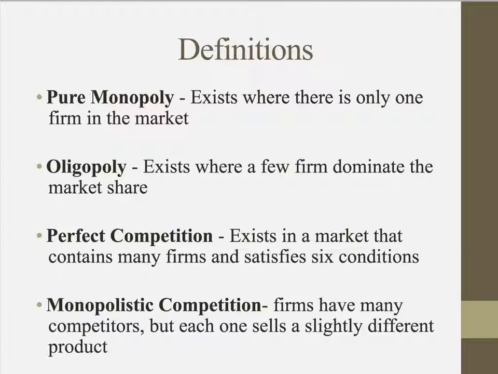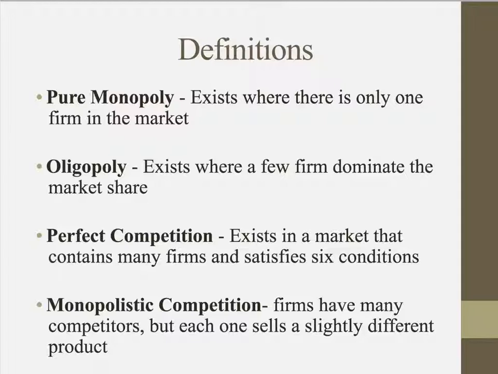So the first one is a pure monopoly, which exists where there's only one firm in the market. So traditionally a firm like British Gas, where they owned all the pipelines that sourced gas, then they were able to sell as a single firm to the market. No one else could compete. An oligopoly exists where there's a few firms that dominate the market share. So things like supermarkets, where you've got a couple of firms or maybe 3 or 4 that are dominating that